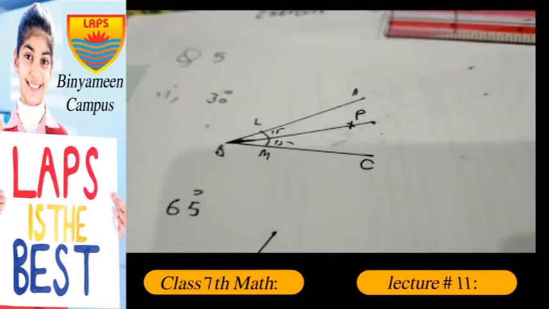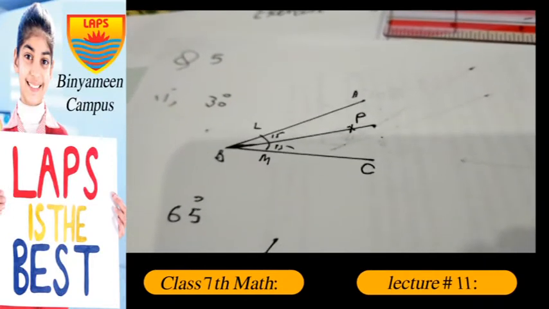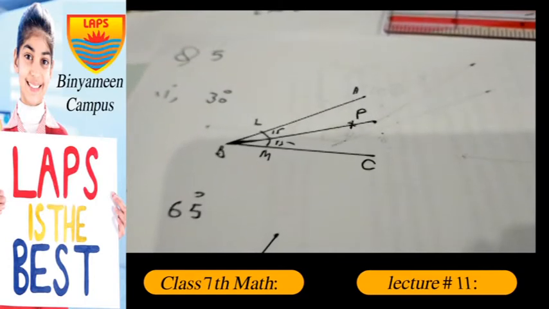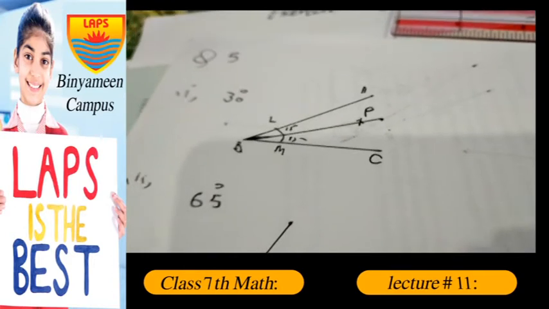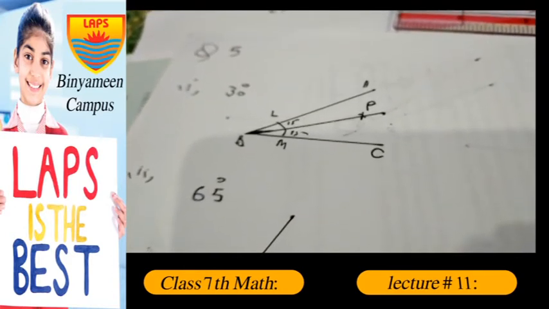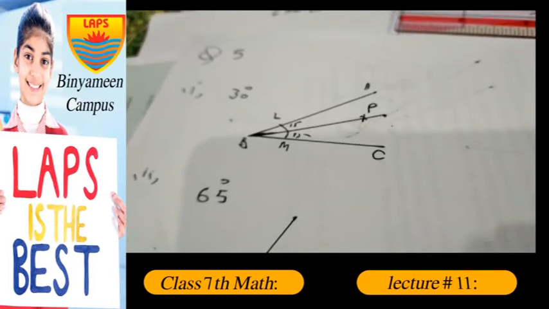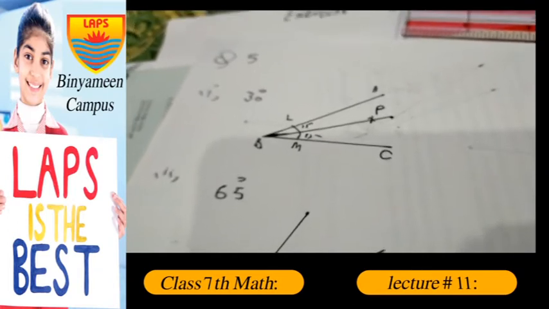For example you can write: first step, draw an angle ABC 30° with the help of ruler and protractor. Step 2, with the vertex B as a center and a suitable radius, draw an arc to cut the arms BA and BC of the angle at L and M respectively.